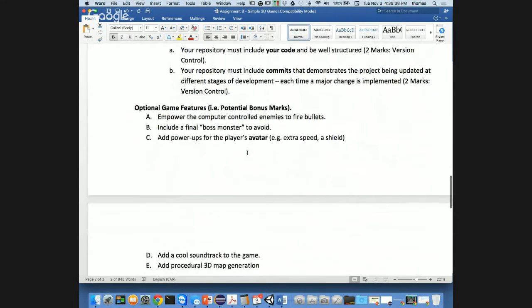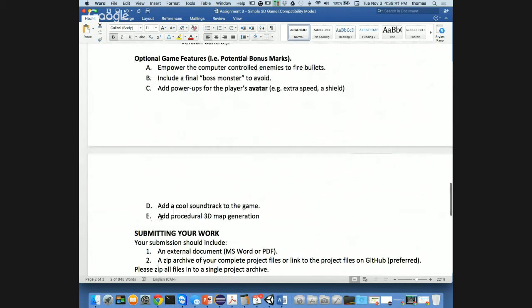Some other additional options you might have, for example, you may want to add a procedural 3D map generation for extra points. And I'm going to be talking about how to do that, how to create random maps based on the little tile we're making. But you can make your own algorithm for making a random map and so on. Because I want you to make your own game. I don't want you to necessarily make a maze game, even though I'm going to be talking about how to create a maze, 3D maze, or whatever.